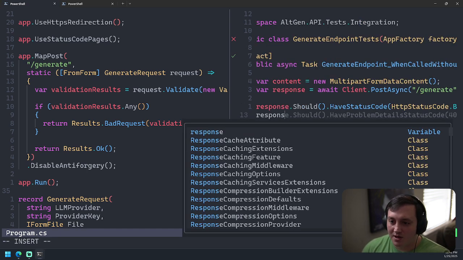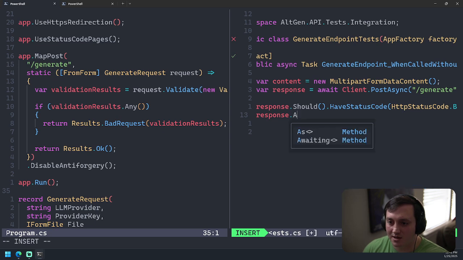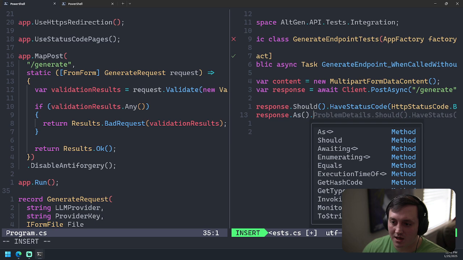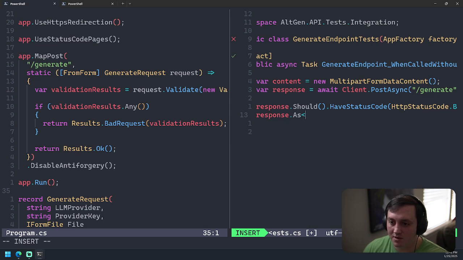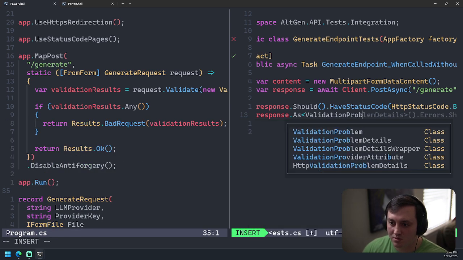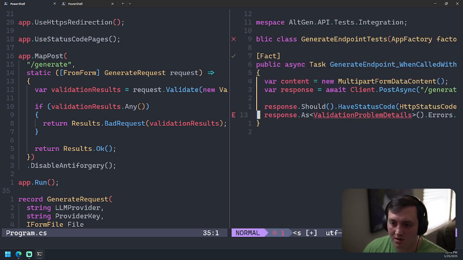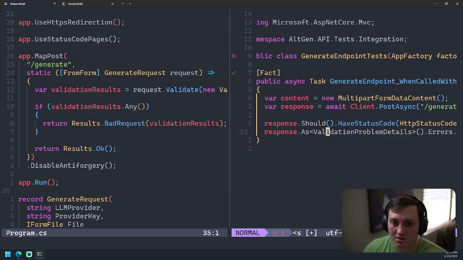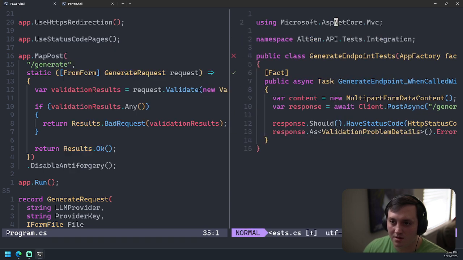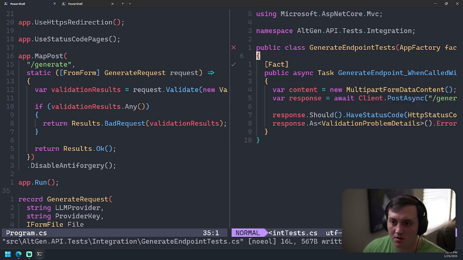So we should be able to say response dot should dot have, actually response dot as problem, as validation details, yeah, like that. Rerun this.